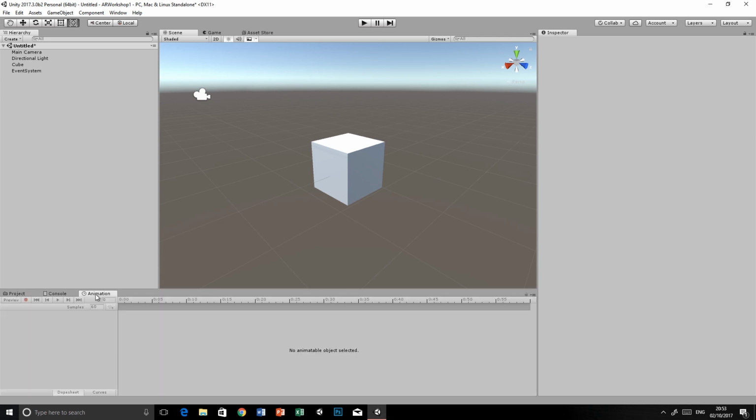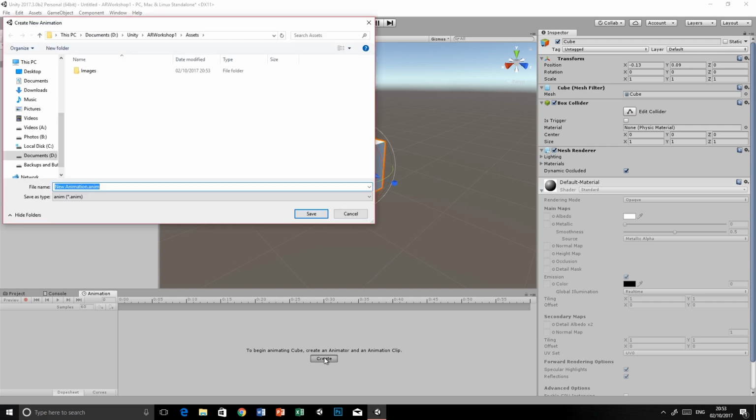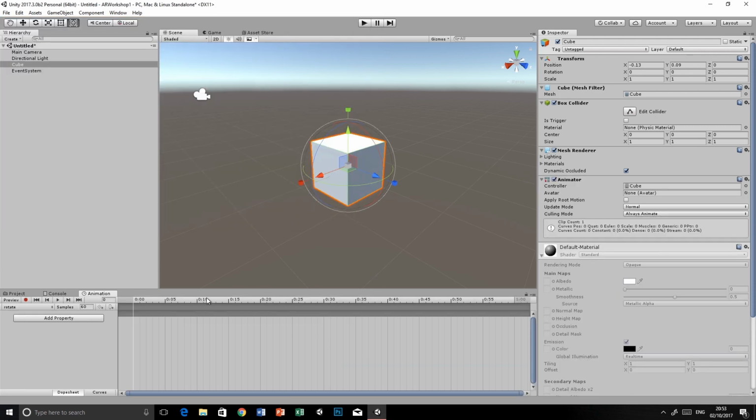Next up we have is our animation tool. So if we have an object selected, we can actually create an animation for it. If there isn't an animator or animation clip associated with it, we can press this create button here, give it a name. So I'm going to call this rotate. And if we was to click, let's say add property, we have all the properties here, which are also listed here. So if we go to transform and we press the plus button on rotation